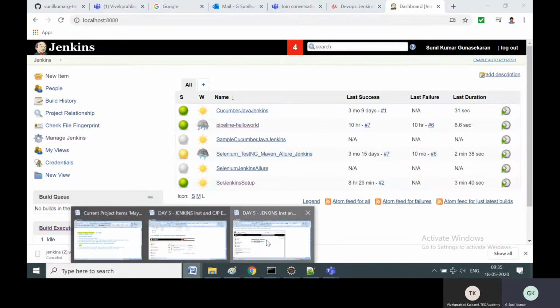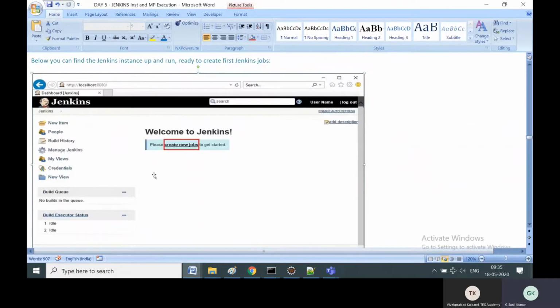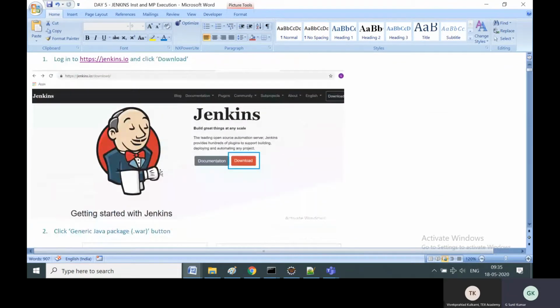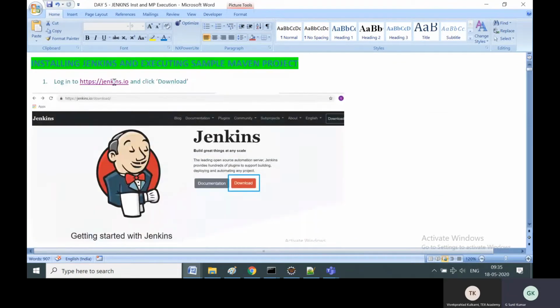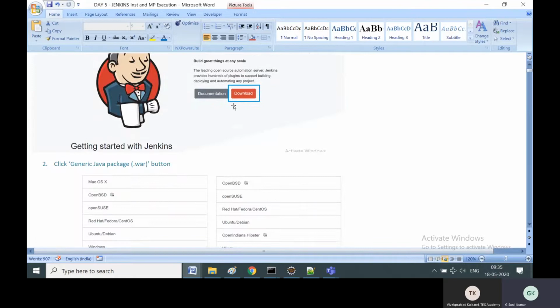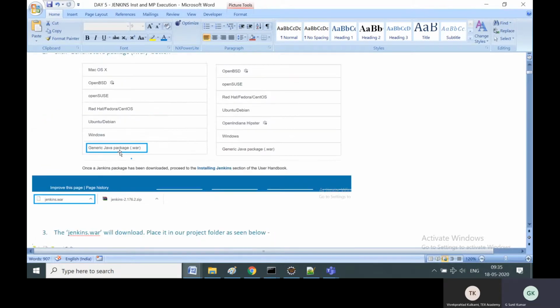Once again I'll recap before I create the new job. First we went to jenkins.io, and then we clicked download, and then we scrolled down and downloaded the generic Java package, that is the WAR file.